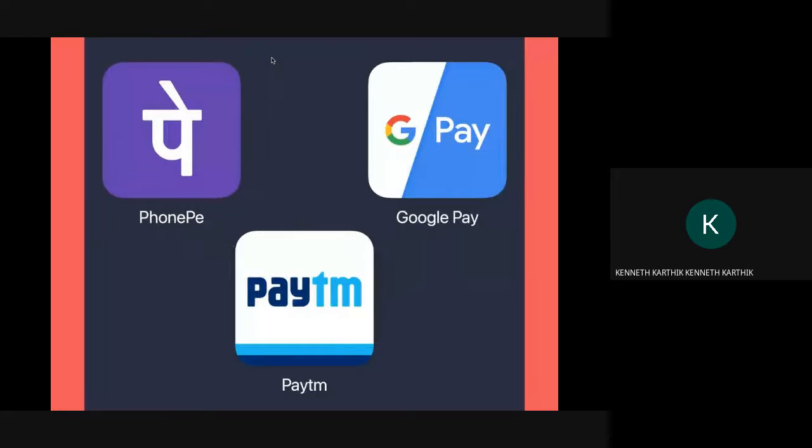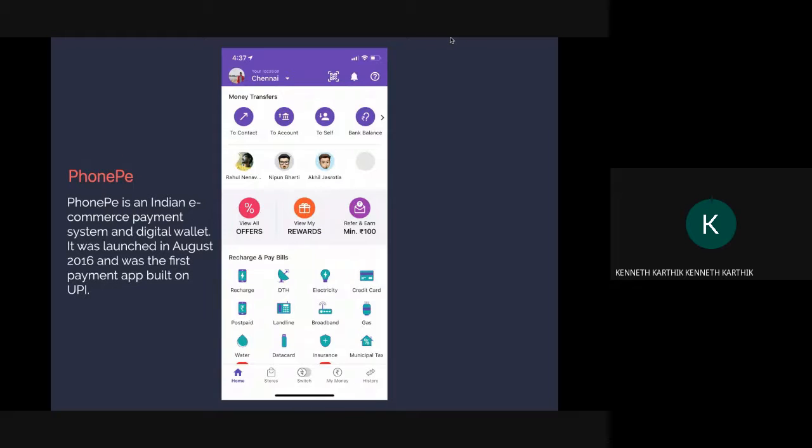First I'll go through a competitive analysis of what the current market has to offer. PhonePe, Google Pay, and Paytm were my initial targets because they were the biggest in terms of popularity. We'll first look at PhonePe. We all know it's owned by Flipkart. I forgot, yeah, 2016 they were launched, and it was one of the first apps built on UPI. So they had a lot of time to develop it, and I think this layout was in 2019.